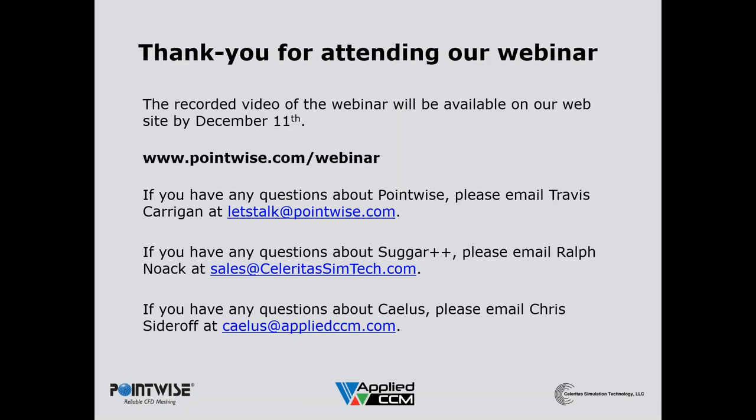And Ralph, there you go. Yes, I'm here. That can be handled in a lot of ways. Mostly what is done is to provide enough grid resolution in that gap so that you would have sufficient overlap. And with the exact or very tight hole cutting capabilities within Suggar++, that shouldn't be a problem. You just have to have enough overlap between the two meshes.